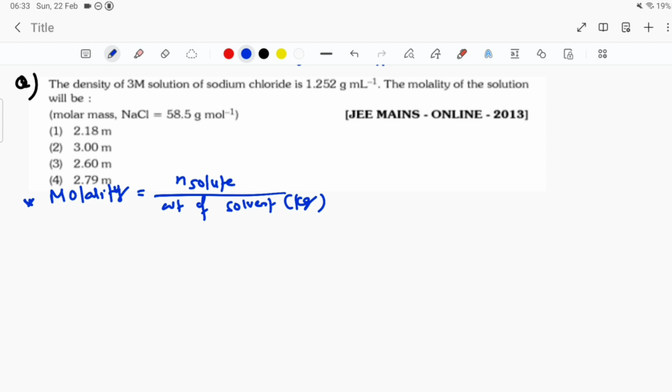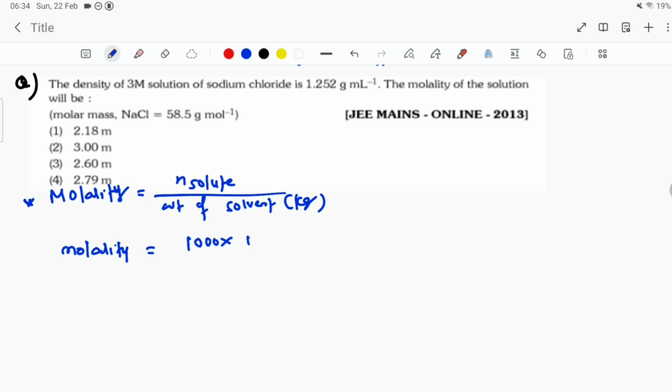First we need even weight of solute, weight of solvent, both we need. So how to find? See here. Here we know. Then how we can find? Number of moles of solute is equal to, here there is one direct formula also here. We studied first the direct formula. Anyway you can do. So molality is equal to